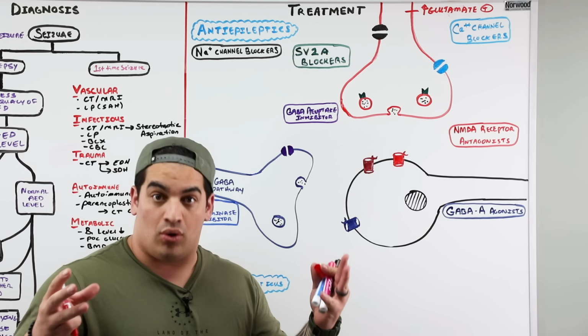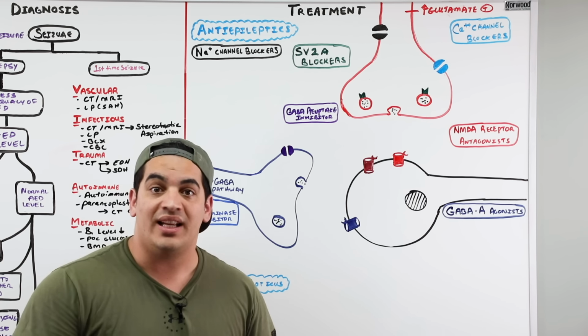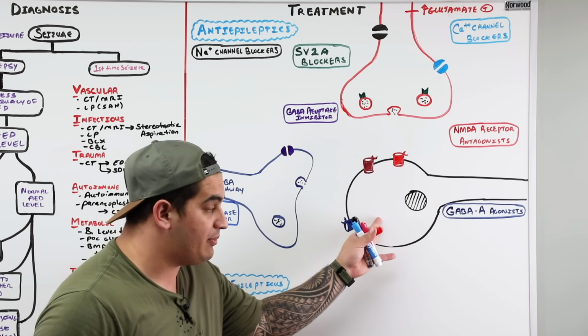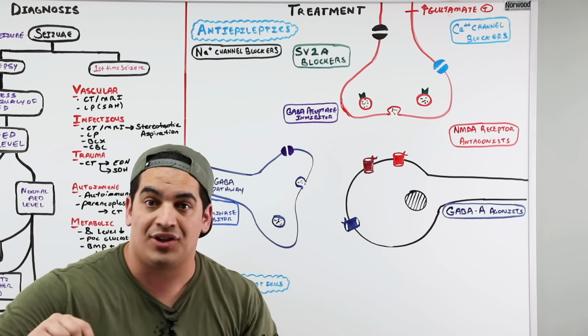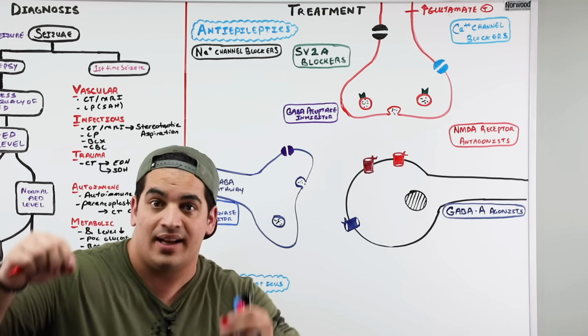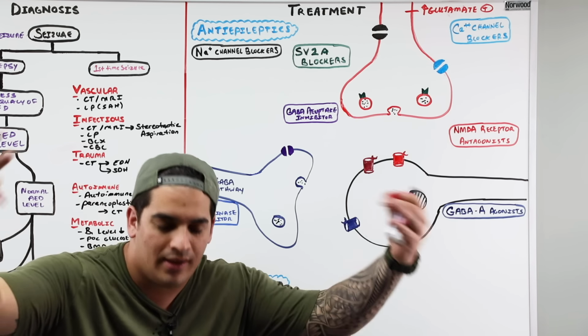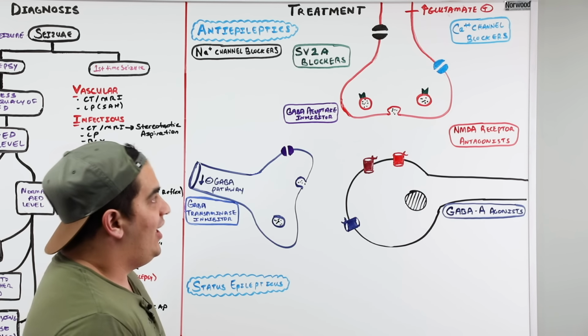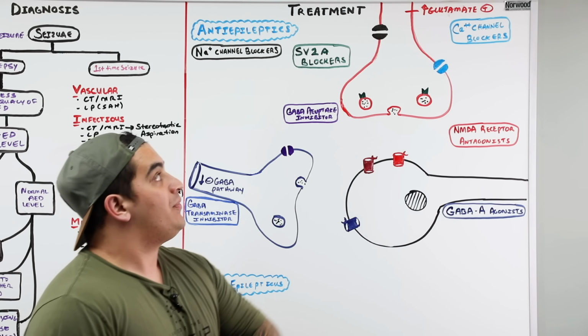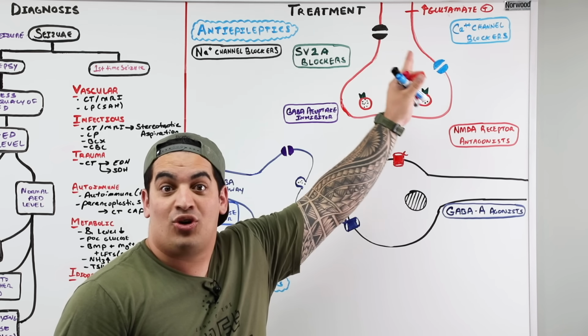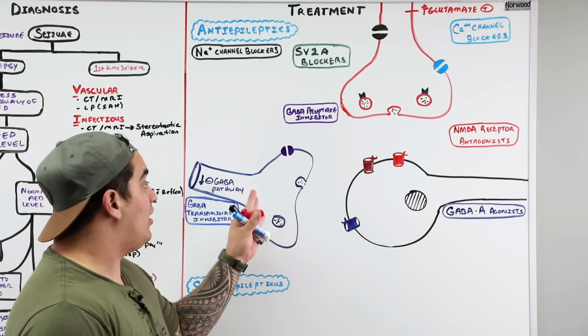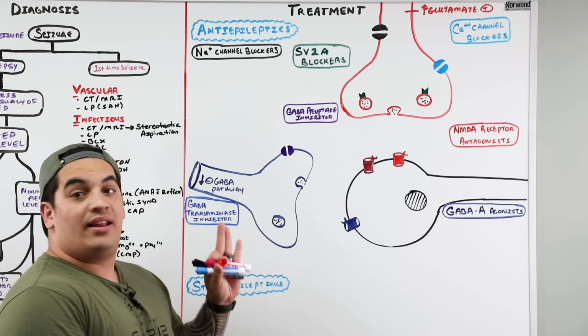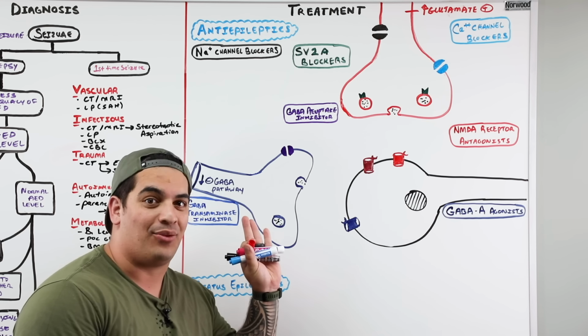Either of these two things, or compounded on one another, leads to increased depolarization of these postsynaptic neurons, increased action potentials, increased abnormal, excessive, synchronous electrical activity, seizures. So what do we need to do? We need to give drugs that either shut down the stimulatory glutamate pathway, or give drugs that are going to stimulate the inhibitory GABA pathway.